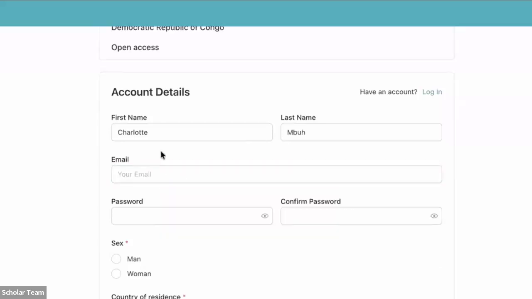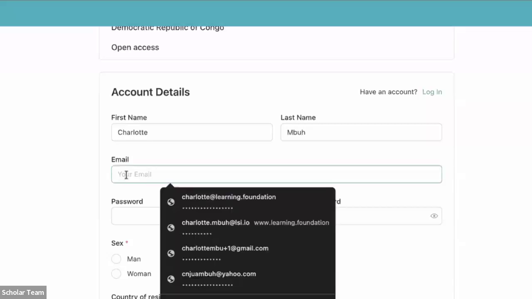But I want to make a pause here before typing in my email. Please make sure you type your email address correctly. If you make even a small mistake here, you will not receive notifications from the platform. You will not receive the email telling you the course has started. You will not receive reminders or peer feedback notifications. So you need to take a moment to check that your email is correct before you move forward.